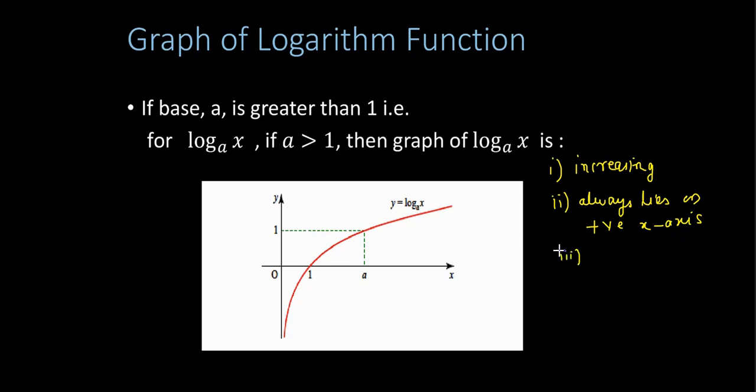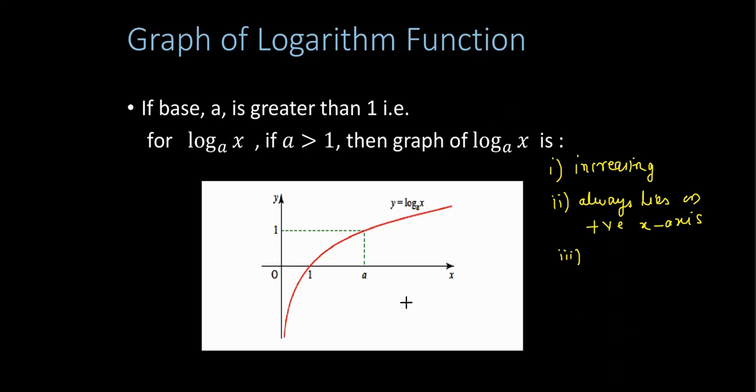Third, as you can see here, this graph is approaching minus infinity as x is approaching 0. So for x closer to 0, the graph is approaching minus infinity. So here we can have a relation that log of 0 is basically not equal to but tending to minus infinity. Now how can we arrive at this condition? How can we say that log of 0 is minus infinity? It is very easy. Why? Because